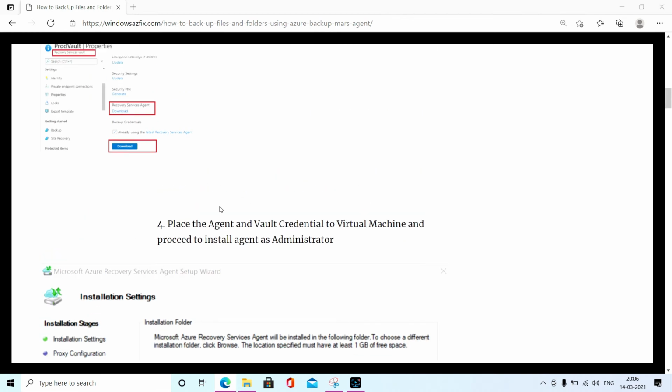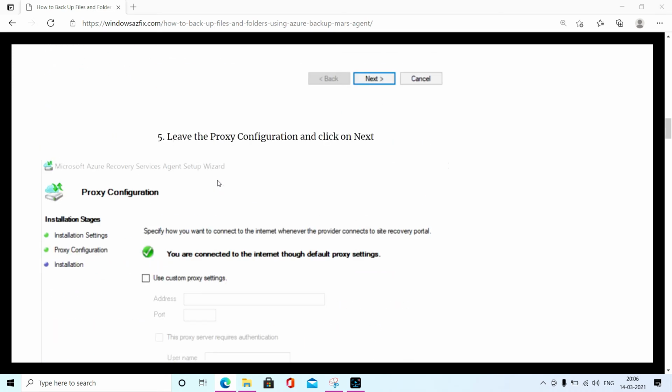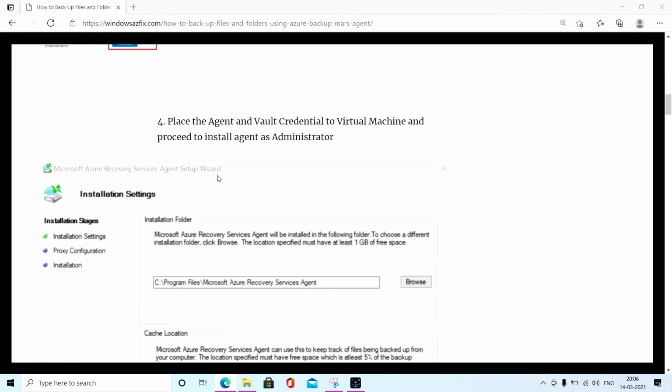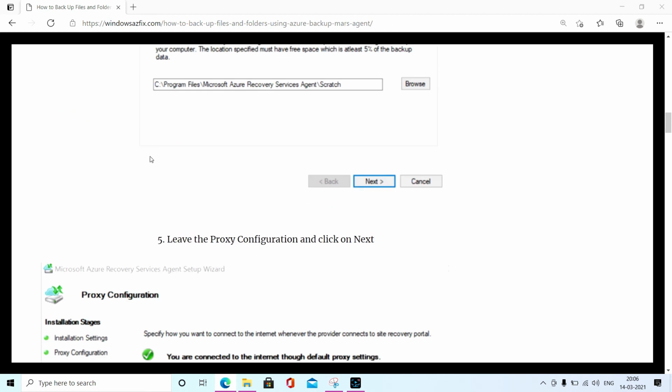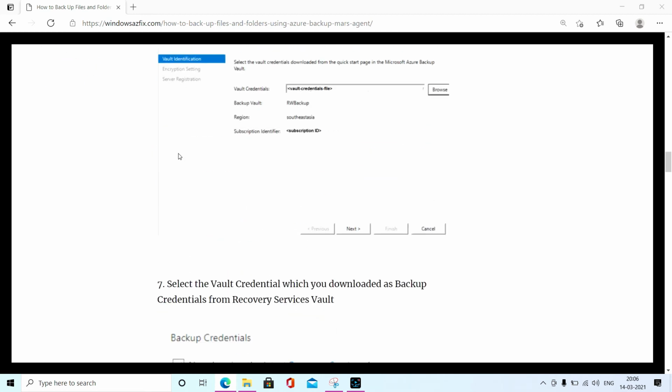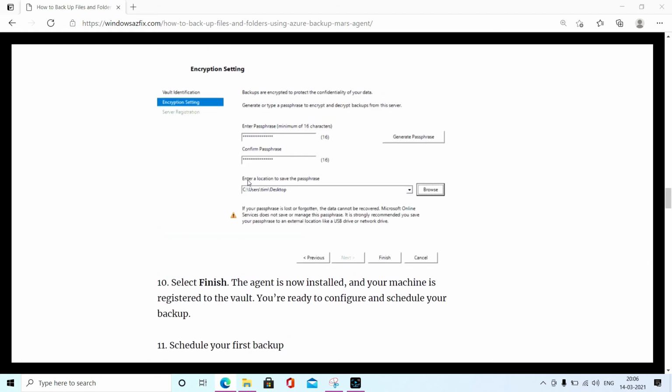Let me show you. This is a security pin where you will get the passphrase. You also have to download from here. Basically, you have to generate that pin. After that, you have to copy that, and paste it here, enter the passphrase, confirm passphrase, and from here you have to browse that